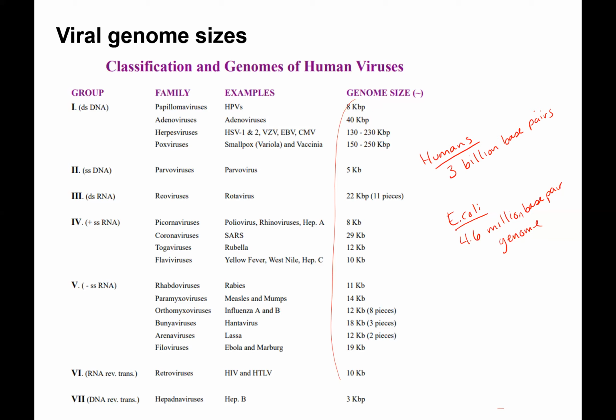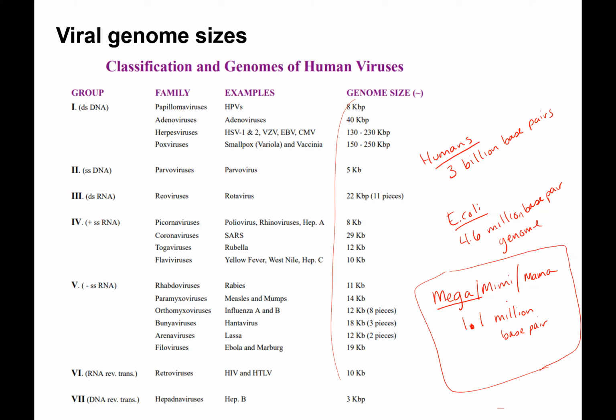And the largest type of virus we've isolated is in this Megamimimama viral family. These have 1.1 million base pair size genomes. So there are some really strange, super large viruses, and these are the ones that some of them